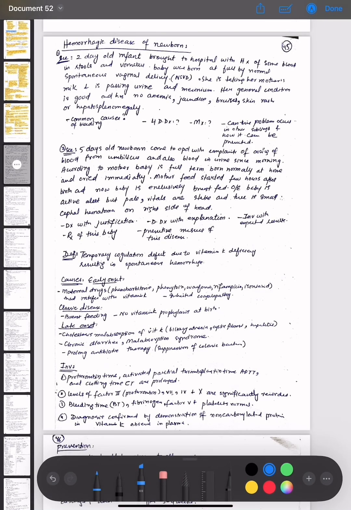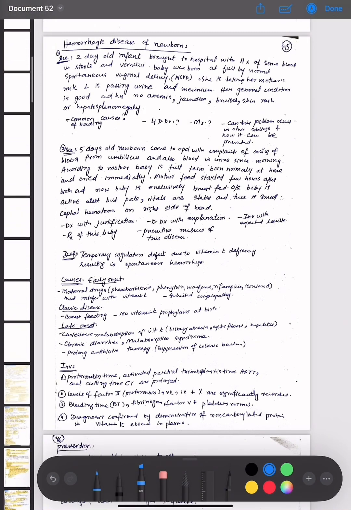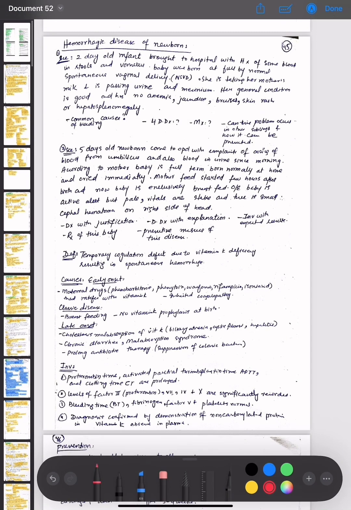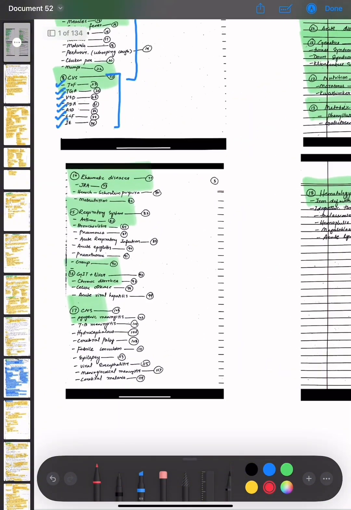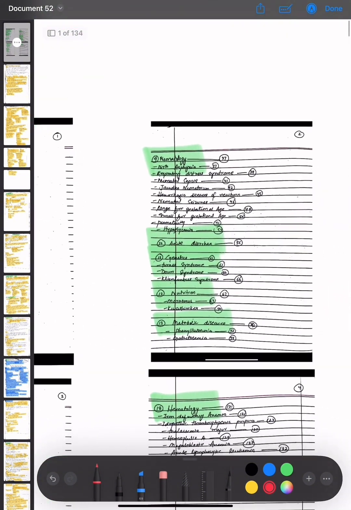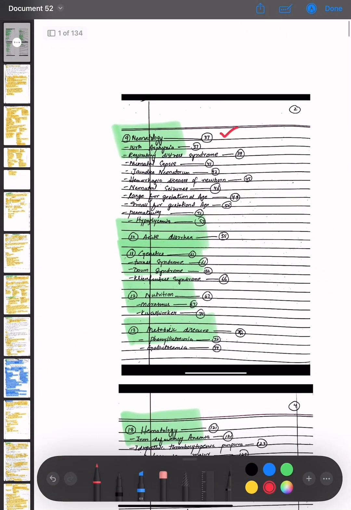So we have started the neonatology and we have discussed the following topics. This is the neonatology. We have discussed birth asphyxia, respiratory distress syndrome, neonatal sepsis, and neonatal jaundice. In this video, we will discuss the hemorrhagic disease of the newborn and neonatal seizures. And in the next video, we will discuss large for gestational age, small for gestational age, and prematurity